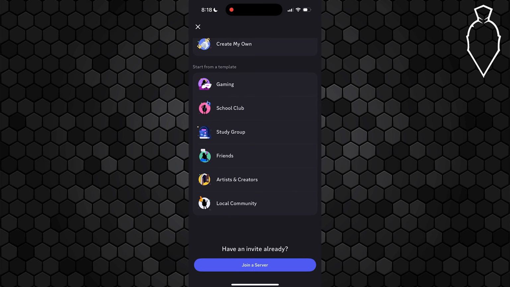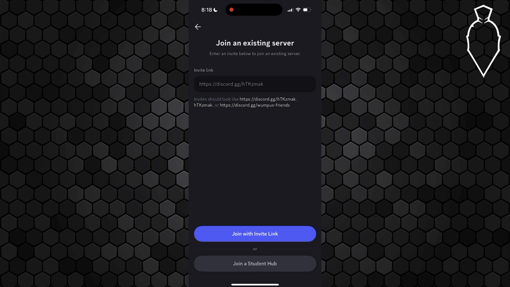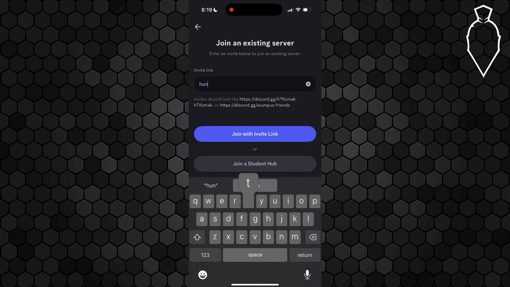Scroll to the very bottom of this page and hit join a server, and it's going to pull up a join existing server section right here where you're supposed to type in an invite link. Don't worry about any invite links though, because what we're going to type in is simply just Hunty Zombies, just like so. Make sure it's all one word and spelled exactly like this or it's not going to work,